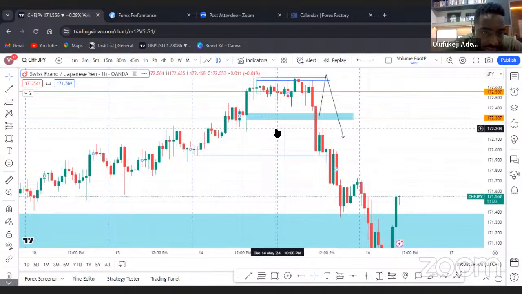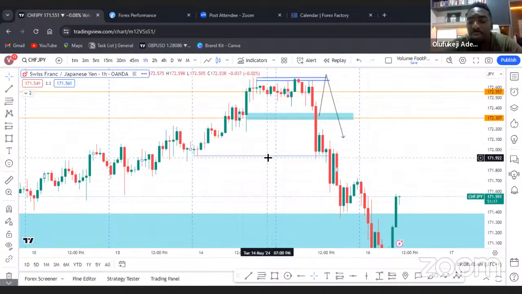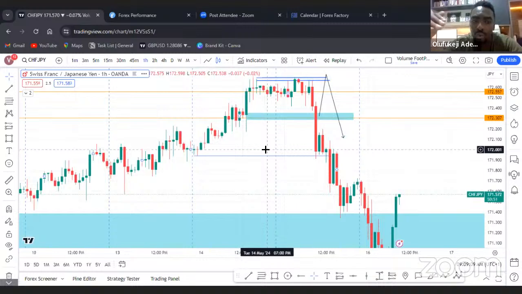So look at this. Would have served as some sort of support. But instead of the support, what do we see price doing? We see heavy consolidation, massive candles. So you know that there was a struggle there. There was a real struggle between the buys and the sells. So once you see all those other blocks failing to hold